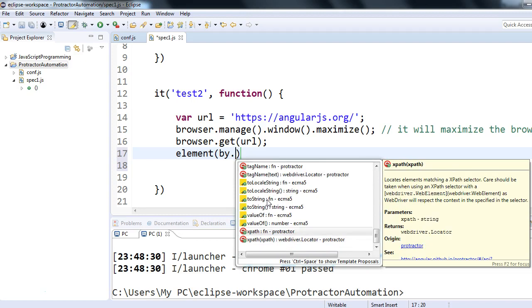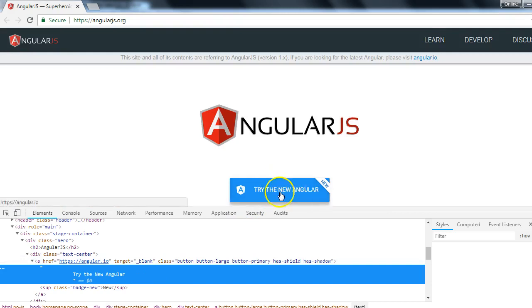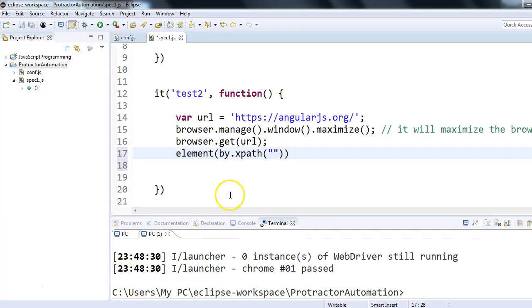So now let's try to use Xpath in Protractor. We can use Xpath as well. So I will write Xpath for that button. This is the button, try the new Angular, and through the test I would like to click on this try the new Angular. Let's try to write Xpath for this. I know the text is try the new Angular, so I will write the Xpath something like this: double slash,